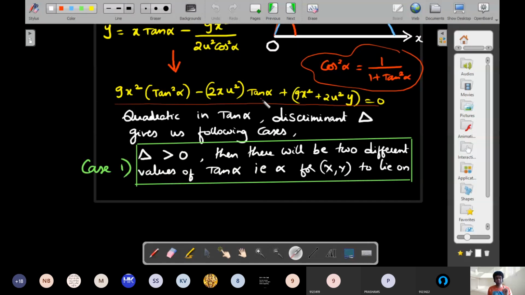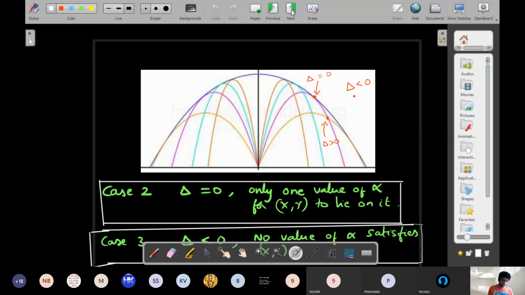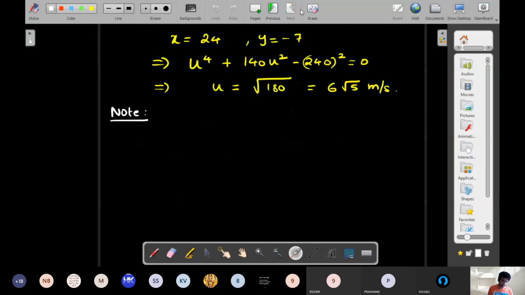So if someone wants that value of alpha, then it follows from the capital delta equal to 0, and you know, for any quadratic equation, if it obeys equal roots condition, the value of each of those equal roots is simply minus b by 2a. So I'll borrow the value of minus b here divided by 2a as the required value of tan alpha. I hope I could impress upon you what I just said.